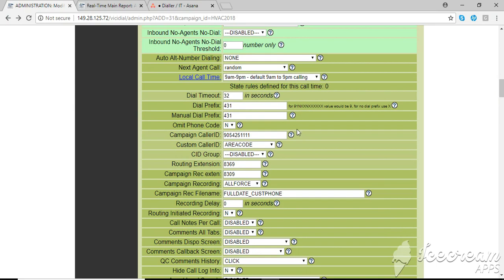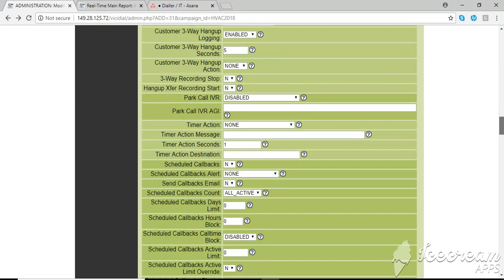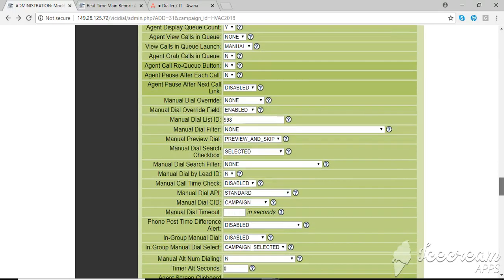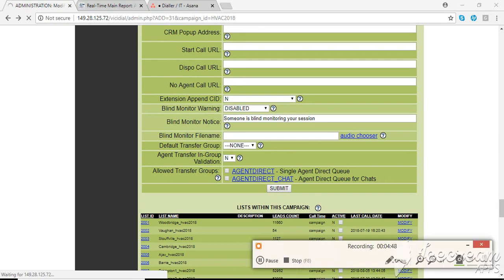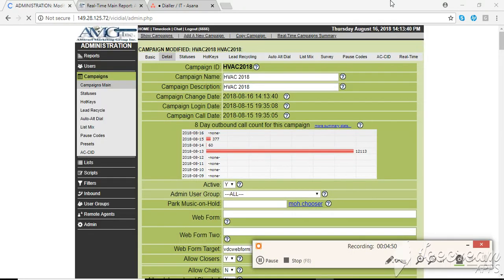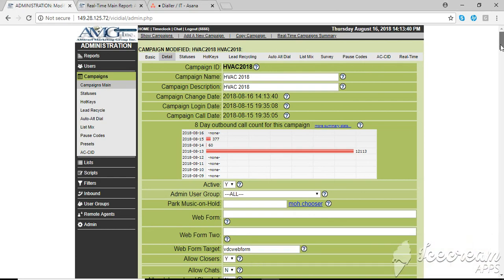Here, this is the campaign caller ID. I'll change the number. I'll come down. I need to submit so that it will come into effect. Right? So that's how the campaign management goes. So once it has been done, you would see, after every now and then, the connectivity